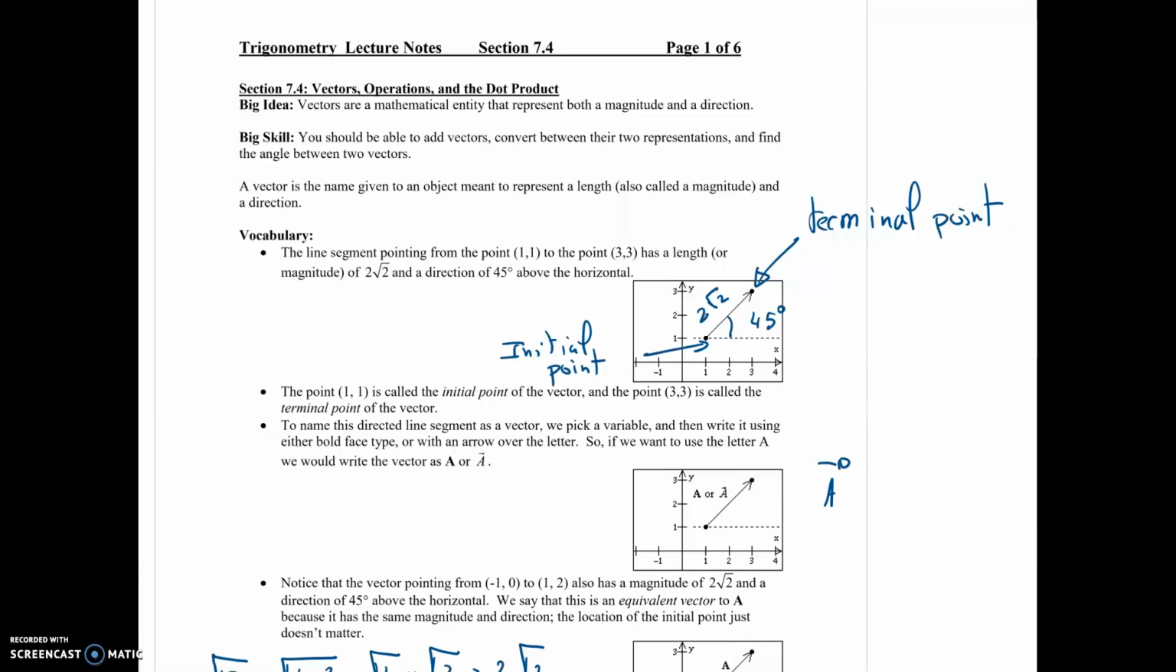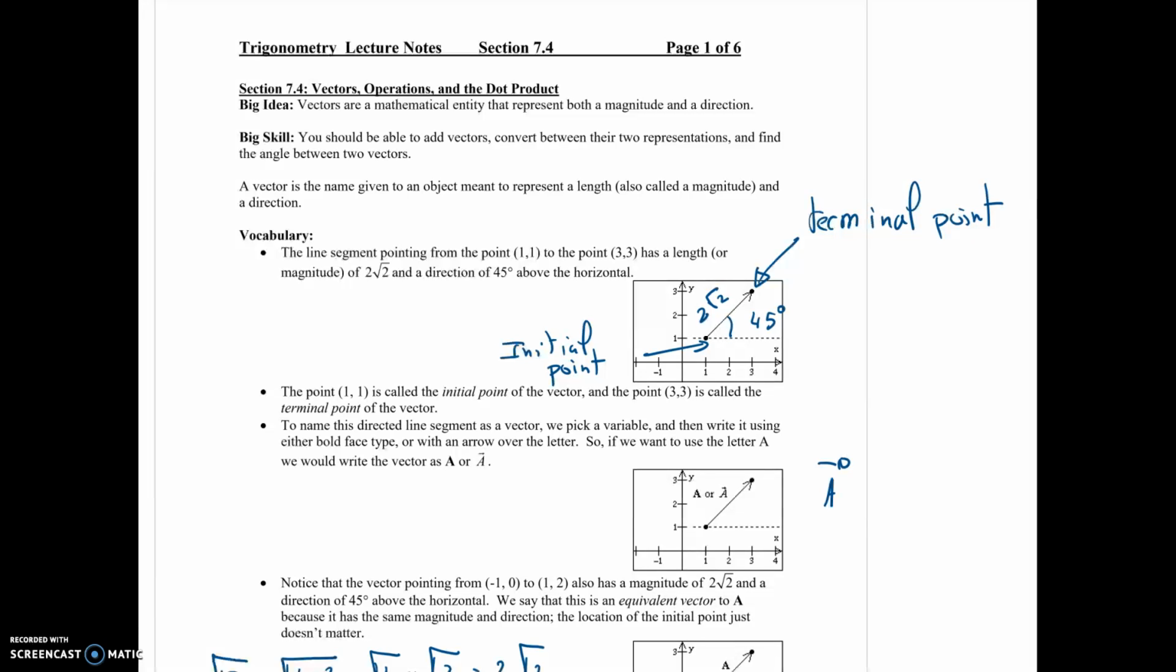All right, guys, so this is lecture 7.4, section 7.4, about vectors, operations, and the dot product. So what's the big idea? The big idea is that vectors are mathematical entities that represent both a magnitude and a direction. And the big skill that you should be able to do is add vectors, convert between their two representations, and find the